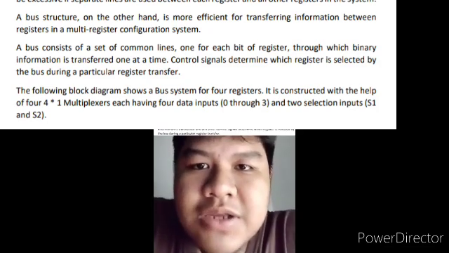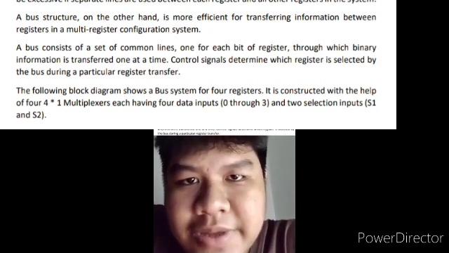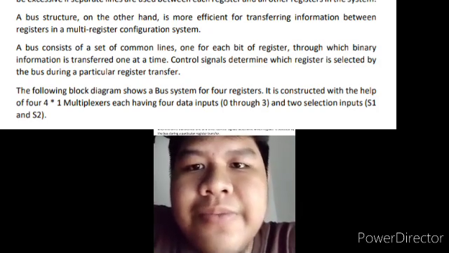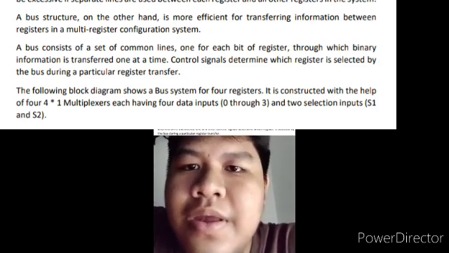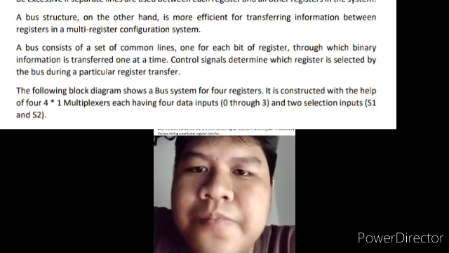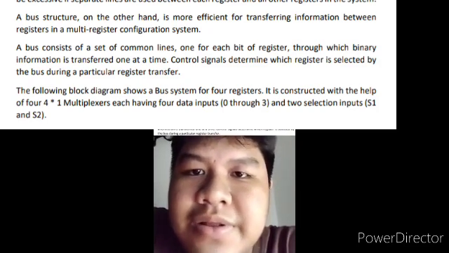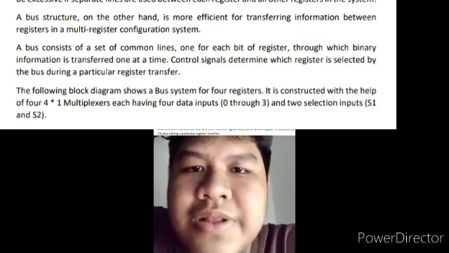And next, a bus consists of a set of common lines, one for each bit of a register, through which binary information is transferred one at a time. Control signals determine which register is selected by the bus during a particular register transfer. This means that the bus has dedicated lines for each bit of data, enabling the transfer of bits one at